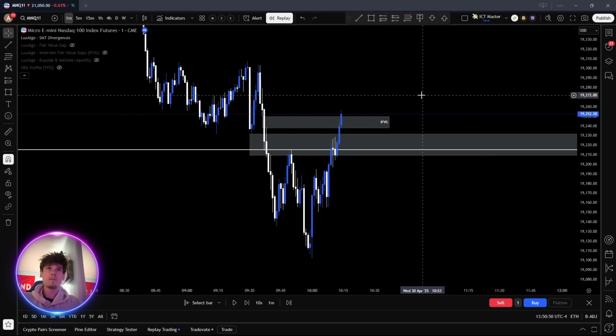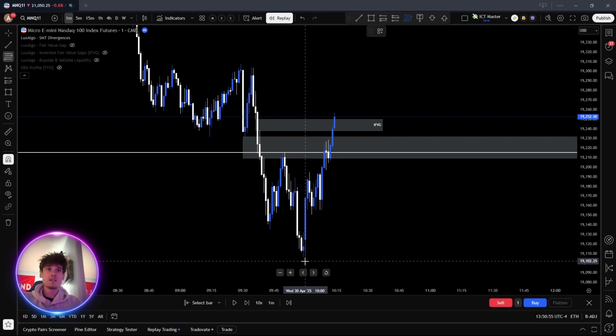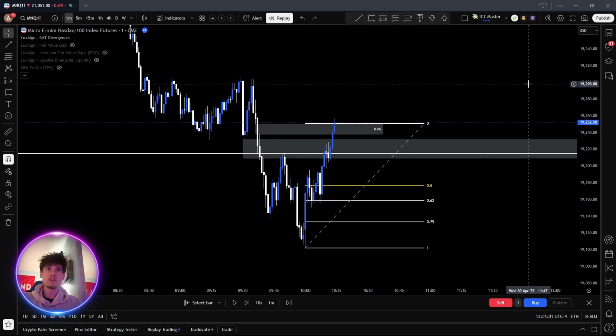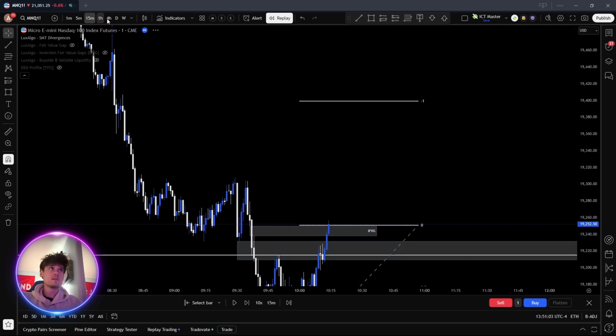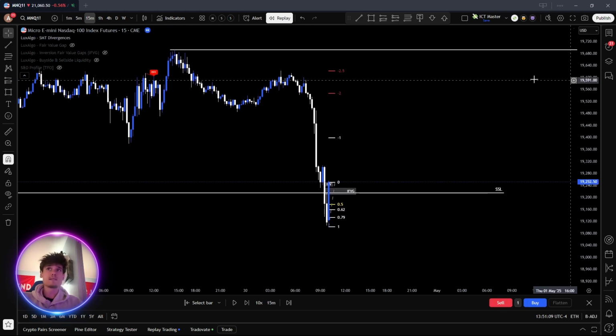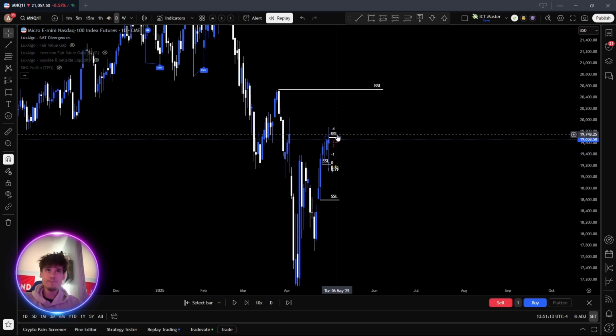That's beautiful. So now we use a standard deviation. I'm going to take it from the low of the move all the way to the top of our 1 minute inversion gap. And we can see, let's zoom out a bit. This is our overall buy. So we want to get to this buy side that we were talking about right here. Overall, it's going to go up to this buy side,